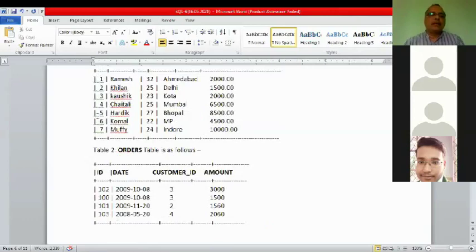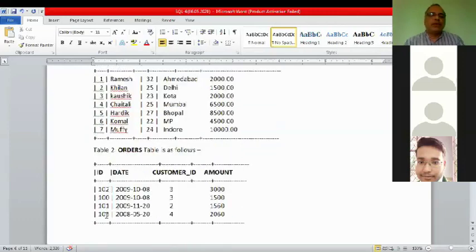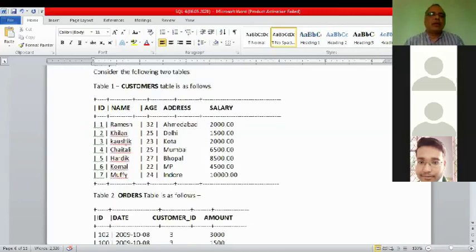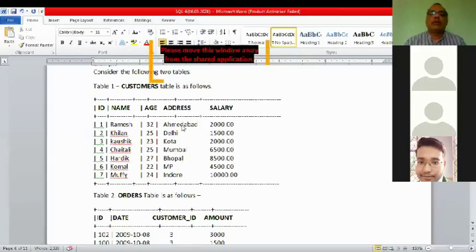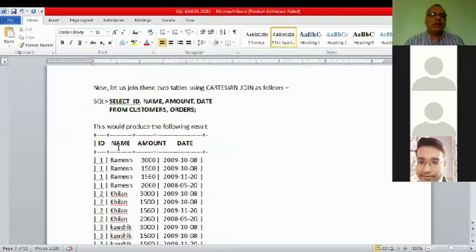Here there are 7 records in the first table, customer, and 4 records in the other table, orders. So the output will be 7 into 4, that is 28 records.